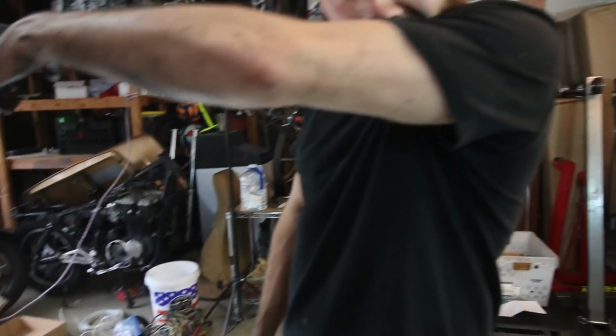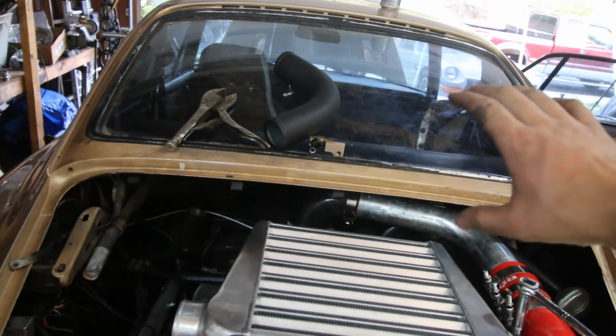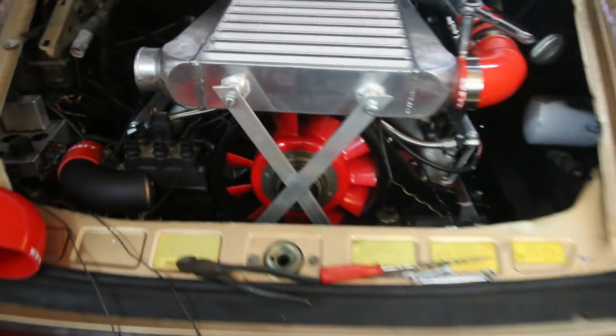Our turbo, actually, we can use it, but it's facing the wrong way. On a, what's it called? A Garrett turbo, the outlet is facing up, so it would just come up through there. On ours, it's facing down, so we need to do this ghetto U-turn and come up to the...